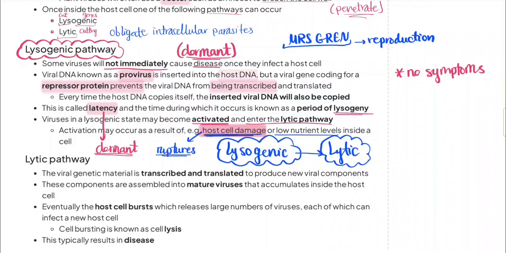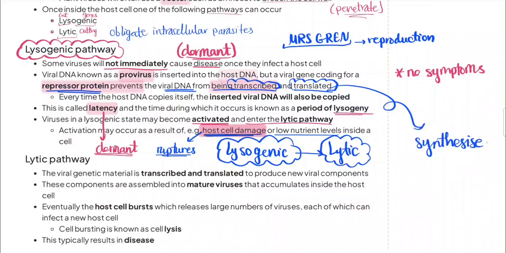So the whole thing is that there is a repressor protein that prevents the viral DNA from being transcribed and translated. And why do I even transcribe or translate it? This is certainly because I need to synthesize the body or the components of a virus. As we've seen before,